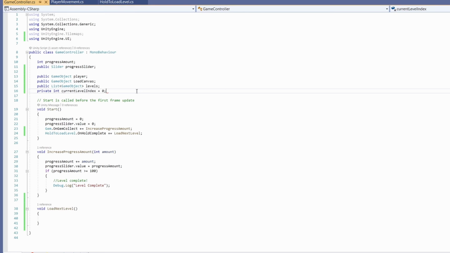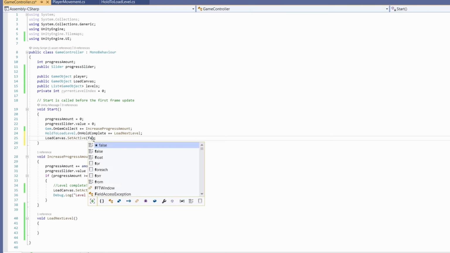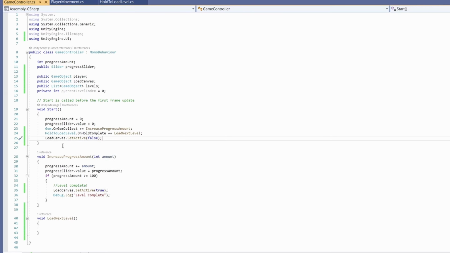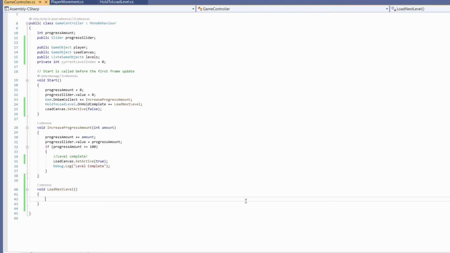Set that to a default of 0. Now we passed in our load canvas here, so that when our progress is at 100, we'll set our load canvas, so load canvas.setActive, to be true. We're going to have this set to false by default. In case you forget, you can put this set to false up in the start, so we make sure that's always turned off. So now down in our load next level, we're going to go int next level index, and